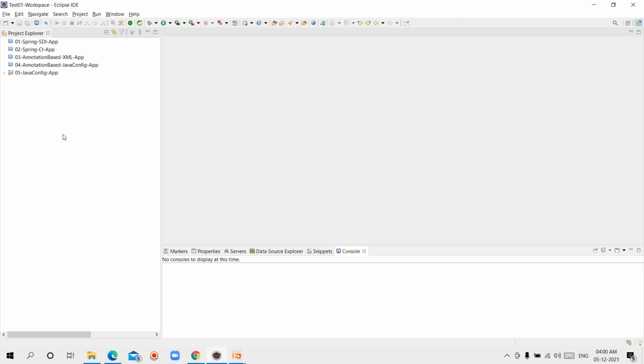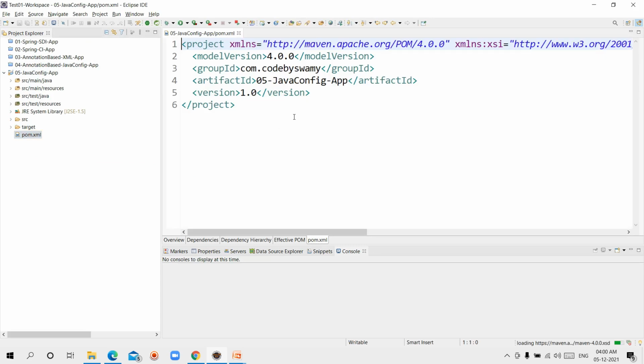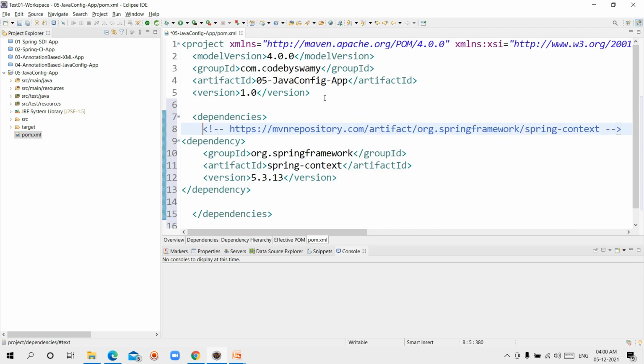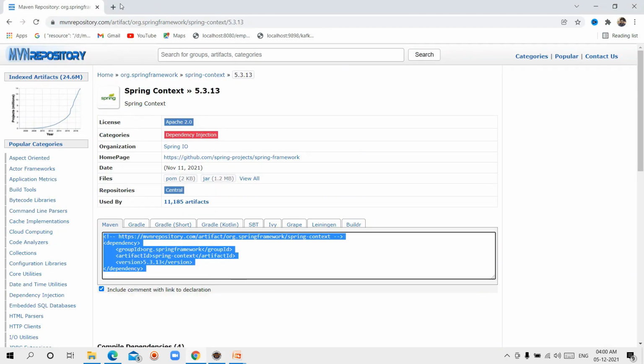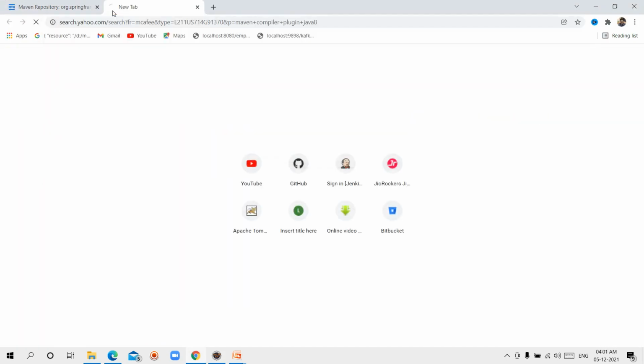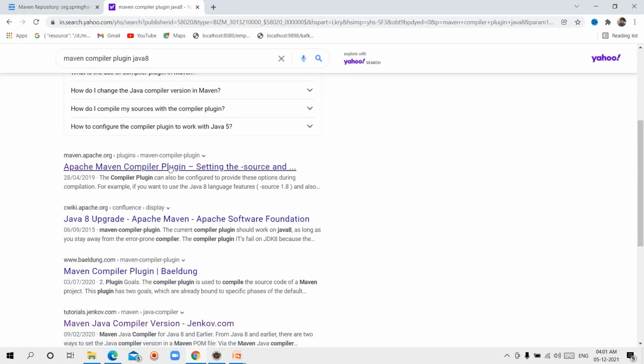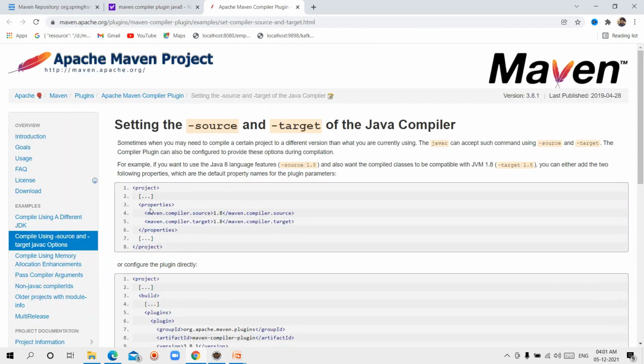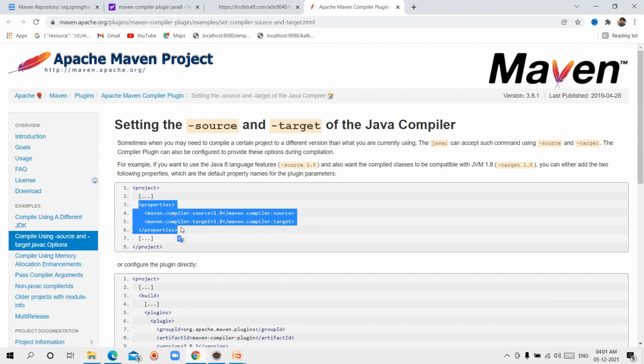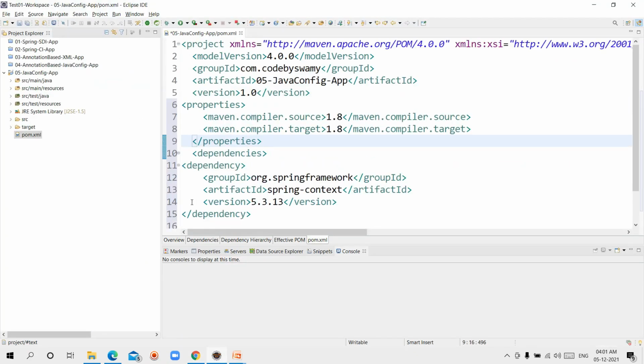Copy the dependency and go to pom.xml and add the dependency. Above the dependency, we need to add the Maven compiler plugin for Java 8. I'm copying the complete details with the properties, and pasting them above the dependency.